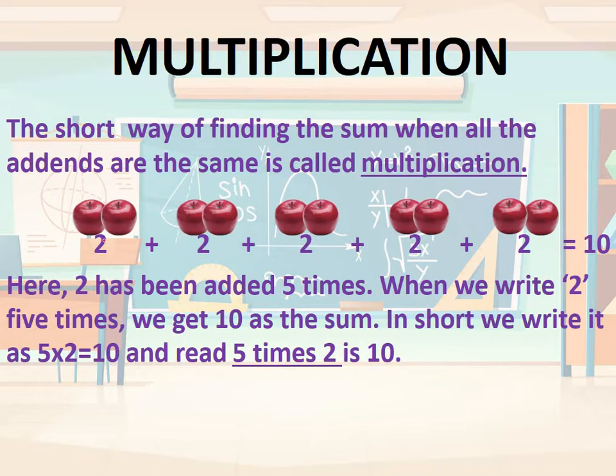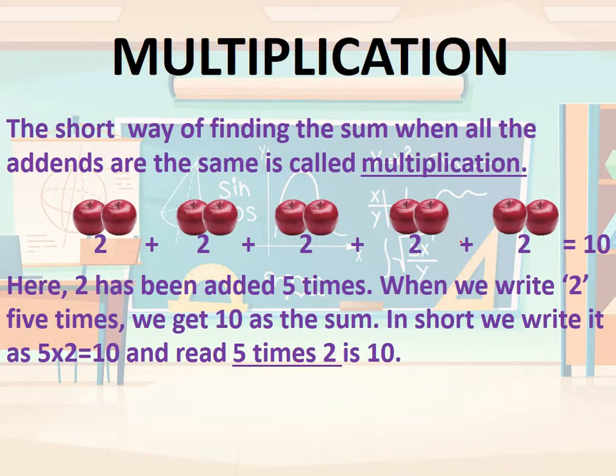Can you see here 2 plus 2 plus 2 plus 2 plus 2? How many times have I added 2? 5 times. Here this 2 is known as an addend. When the 2 is repeatedly added, instead of doing repeated addition, I could have done the multiplication. You have to mark two things here: the same number, and if it is repeatedly added, we are doing multiplication as a shortcut trick.